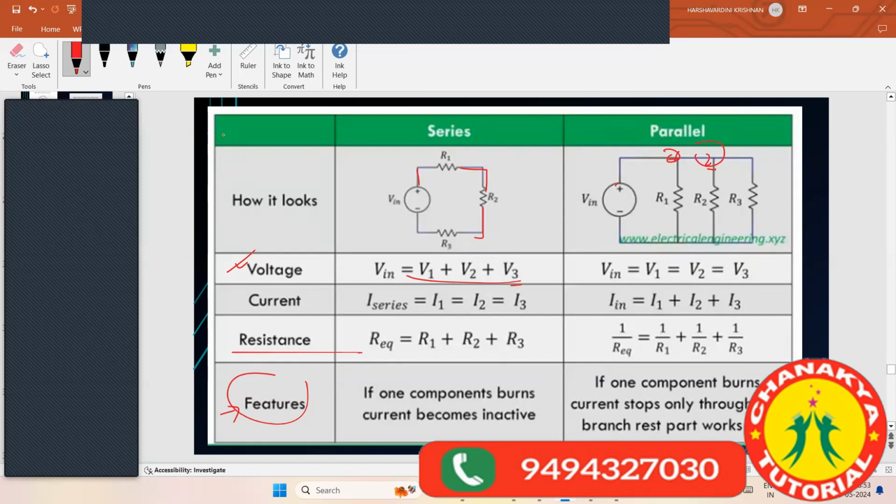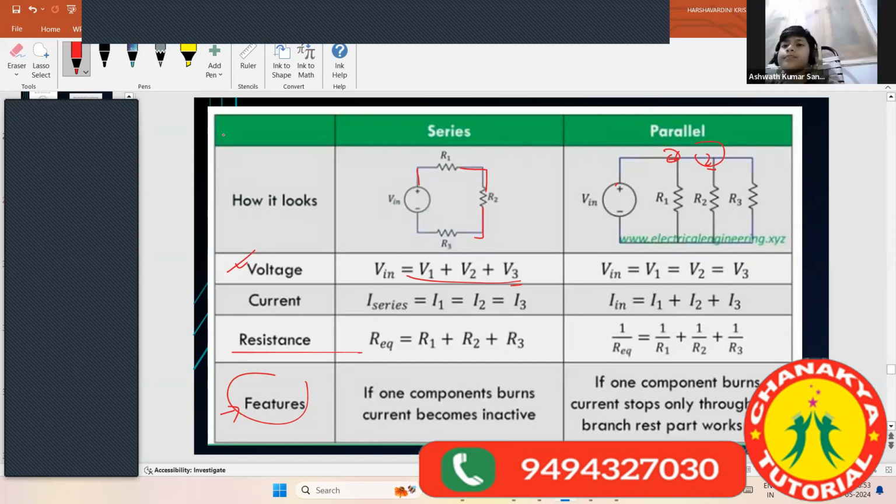Okay, so series and parallel. I hope there are no doubts in series and parallel. And Siddhant, your doubt, I'll be solving it tonight. I was not having time today. I'll solve it tonight and send you the answer. Okay, ma'am. And I hope Ashwant, your doubt is clear now.